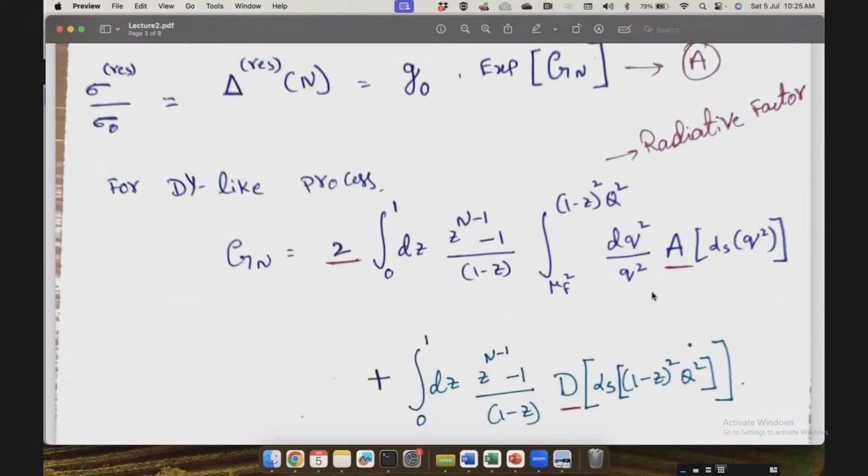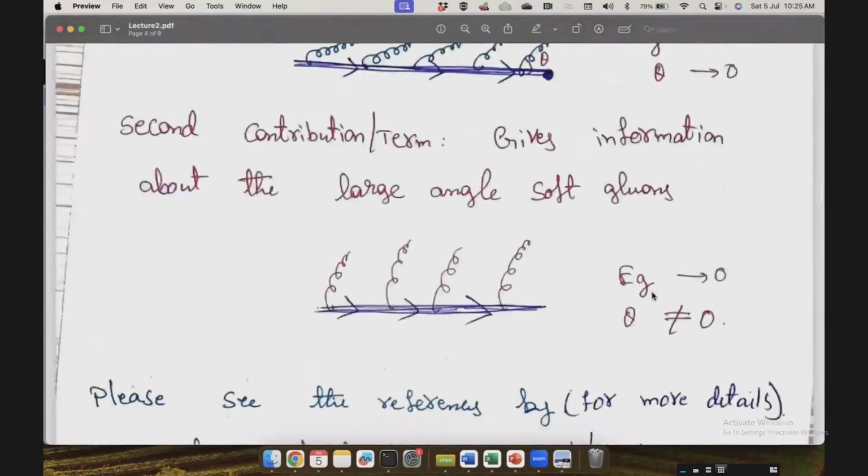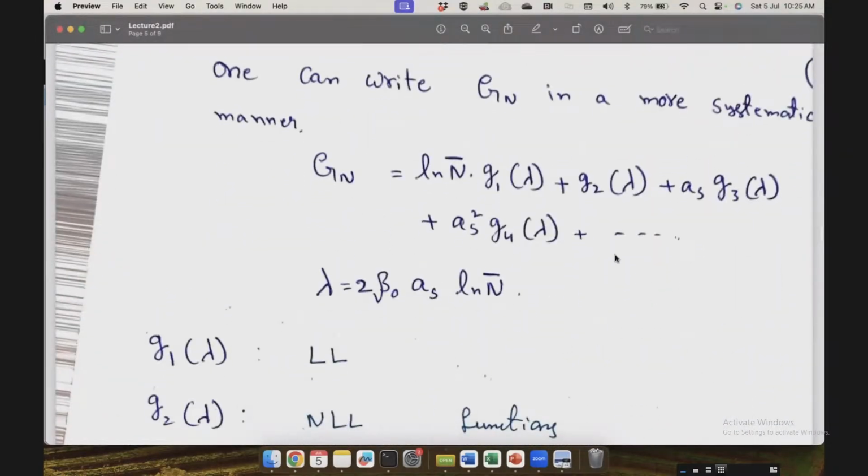So for the Gn, if you take the Mellin transformation, you can arrange this thing in a different formula. That is, you can expand this Gn after taking the Mellin transformation, particularly after doing the integrations over the a and d functions, and rearrange the terms in a nice manner like this, which is a very, very important thing. And this is the exponent you can see in several papers in resummation everywhere. The same structure is present. Now, why is this structure important? This is important because in the exponential of Gn, if I take only the first term in the